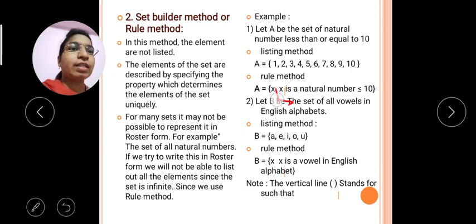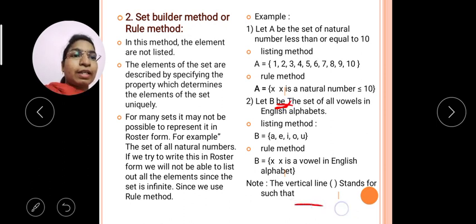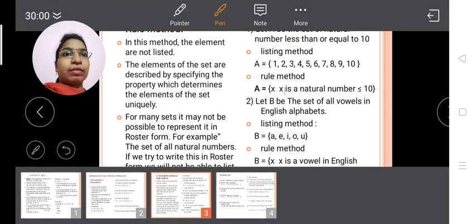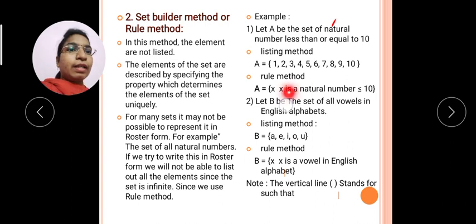This standing line is in between the two x's. So just remember, this standing line is in between the two x's. This standing line belongs to the vertical line. This standing line belongs to the structure.